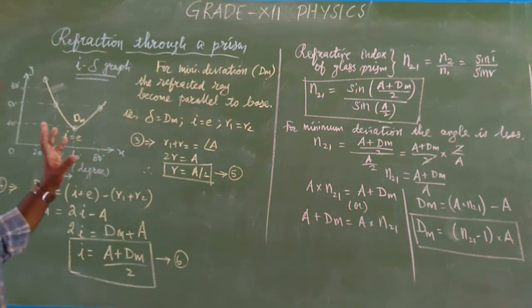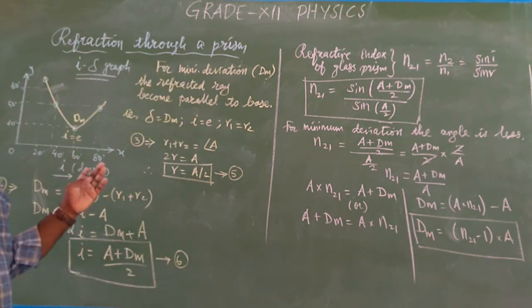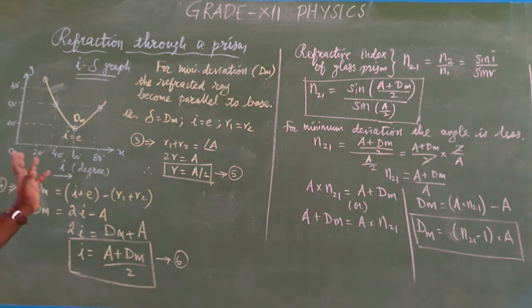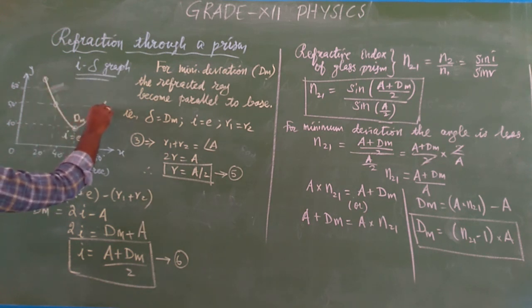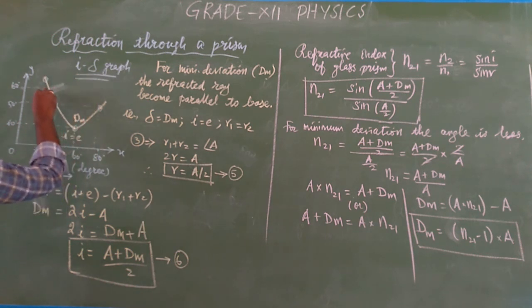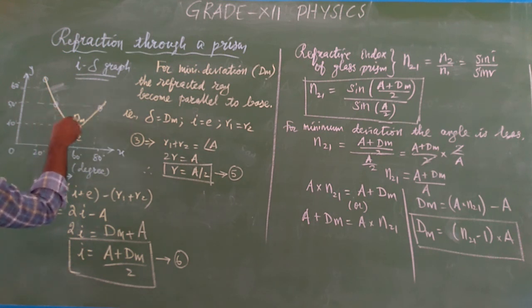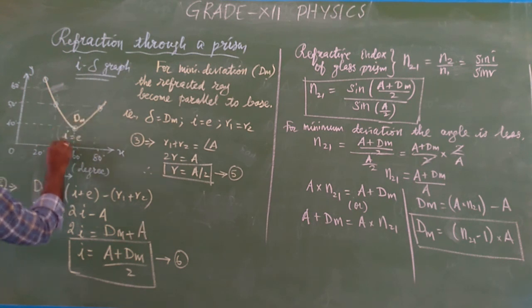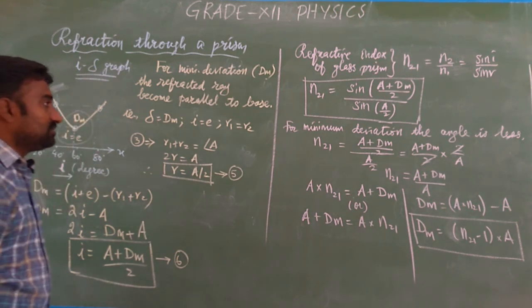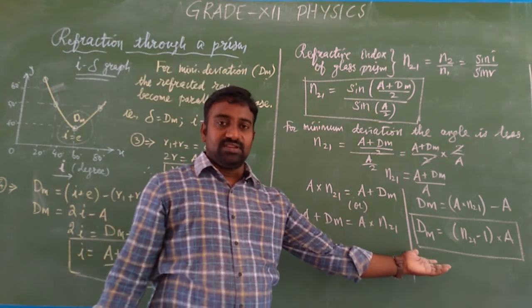Okay, so this question is very, very important. There is a chance of it being asked for 3 marks or 5 marks. So please practice well. And the graph, you need not worry. The graph is plotted between two values: one is the angle of incidence, the other is the angle of deviation. For a particular angle of incidence, what is the deviation? Then you plot the graph. The graph comes out like a U shape. From the graph, for a particular angle of incidence the angle of deviation decreases, but further from a point it turns and increases. So this is the minimum deviation case. Okay, so the minimum deviation is found here from the derivations.